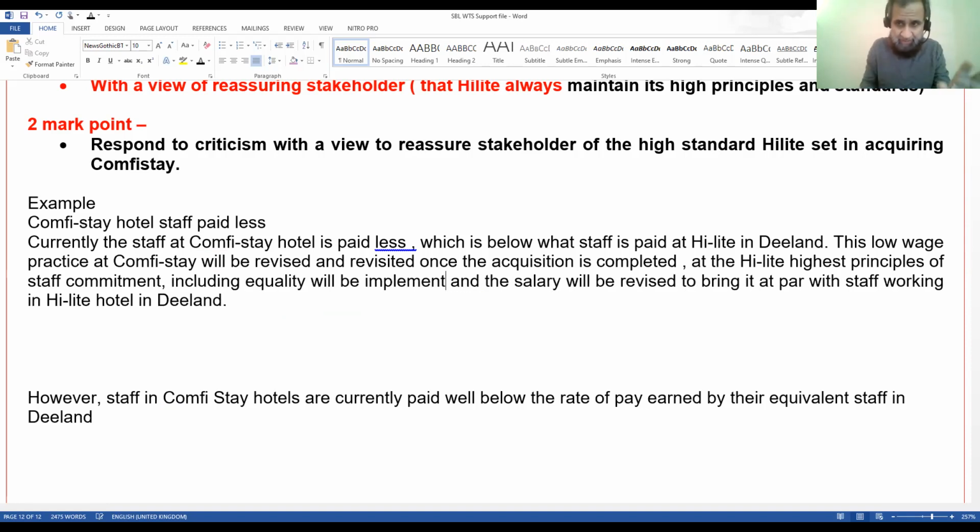Now let me read my statement. Currently, the staff at Comfy Stay Hotel is paid less, no doubt about it, which is below what staff is paid at Highlight in D-land. You agree, but you tell the shareholders and the stakeholders that this low wage practice at Comfy Stay is short term,